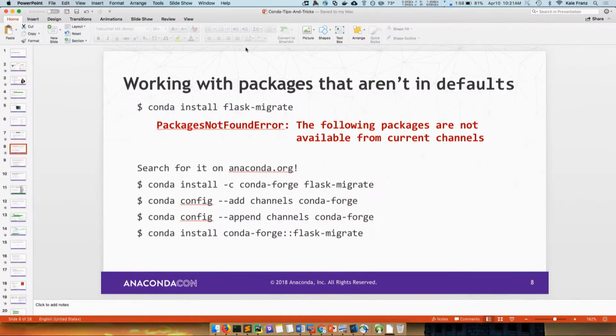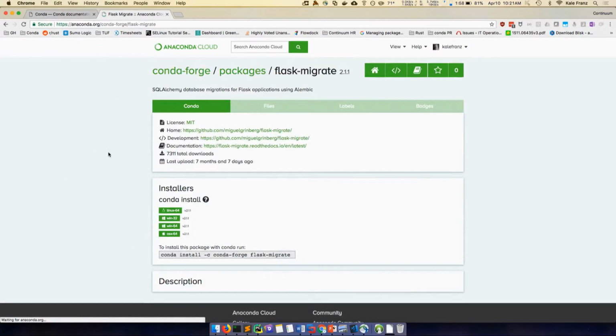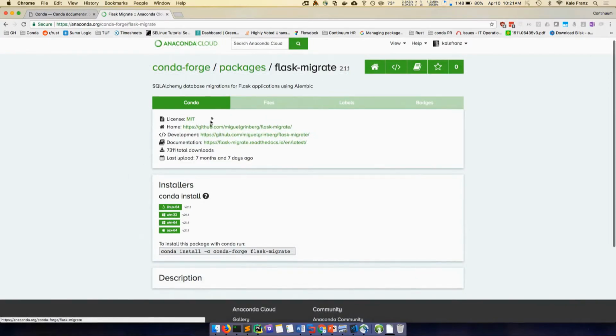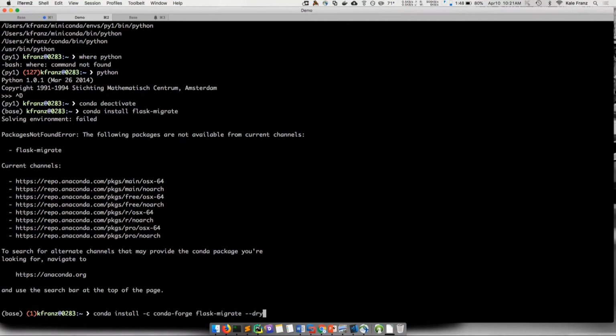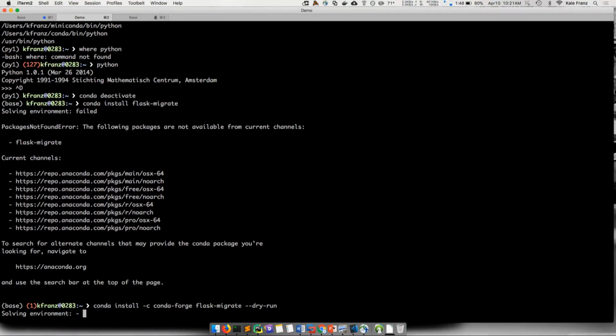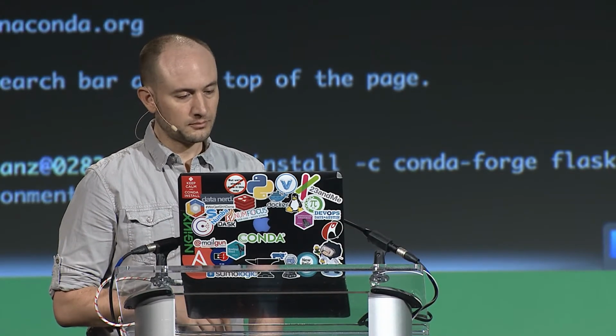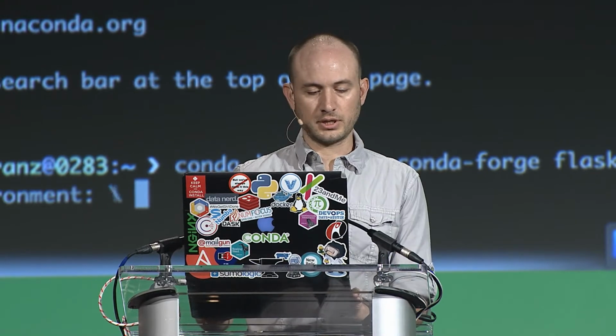Okay, I picked that example on purpose. So normally the way we even tell you to do this is to use -c. Here's what we tell you to do. I'm going to add the dry run flag here. Dry run just exits before anything actually happens to your environment. So what's going to happen when we get done pulling the repo data is that everything in my environment, all those Pythons and everything, are going to switch over to conda-forge because we have this concept of channel priority. We'll see it in a second.